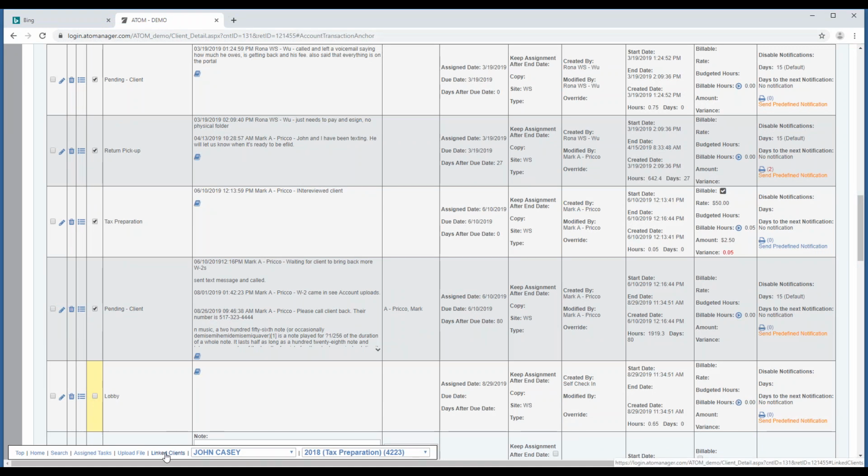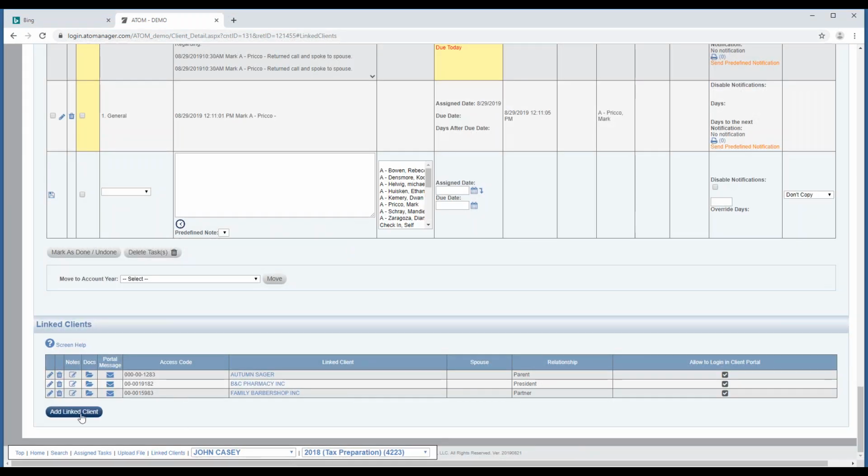So to get to the link clients, I either can scroll to the bottom of the page or I can left click in my little title bar here. That's going to shoot me to the bottom of the page. So in this example, I already have 3 clients that are linked to John Casey's file. All right. The changes that we've made are actually the process of linking them. So when I click on the button, Add Link Client,